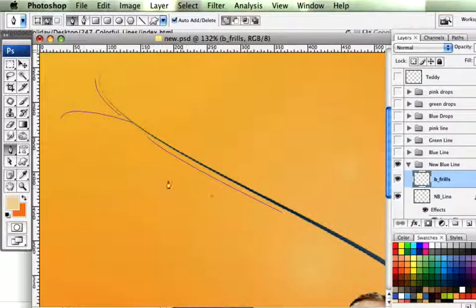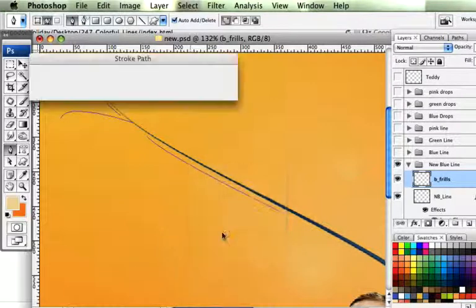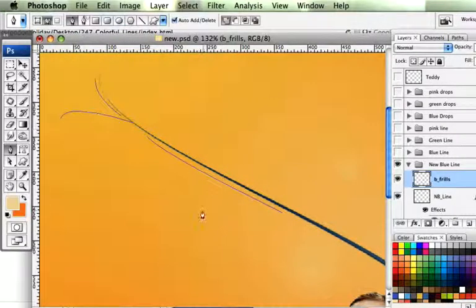Okay, so create a couple of strokes around the place. It doesn't really matter, you know, what colour you stroke them in. Just don't do white or black in case you want to do a mask or anything later on. They're just going to disappear. So I'm going to stroke those paths. Click on OK. Hit enter. You can barely see them, but it's okay